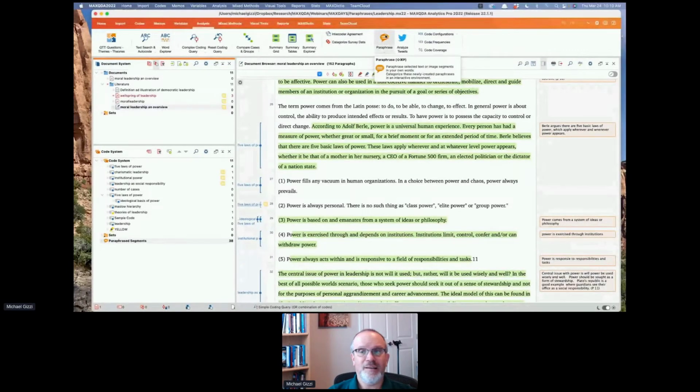Click on it again, I'm not in paraphrase mode, but there's a little arrow here, and it also lets me paraphrase document, that's that icon, categorize paraphrases, paraphrase matrix, and print documents with paraphrases. It sort of looks like a document printed with track changes in a Microsoft Word file. So hopefully we'll go through all of these today.